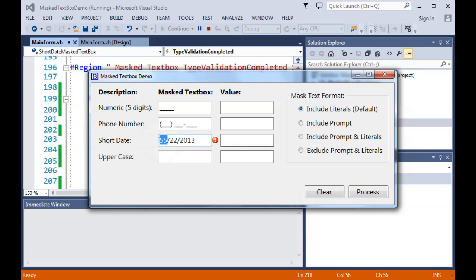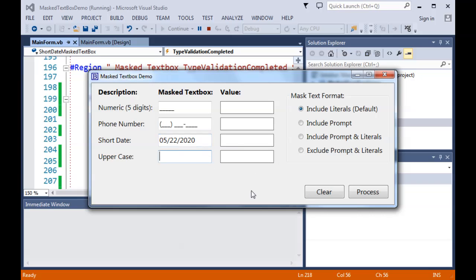So let's correct the format. I'm going to make it 05 now, so it's May 22, 2013. And that should be the correct format, and it is a correct date, but we'll see that other business rule that I have in place, that it must be in the future, kick in. And now we got a new message blinking up telling me that the date in this field must be greater than today's date. Well, I'll go out to the year 2020. That will make it in the future in this case. I hit the tab, and our error provider message goes away. So now we have a valid date in the future, and we did that through the rejection area of the